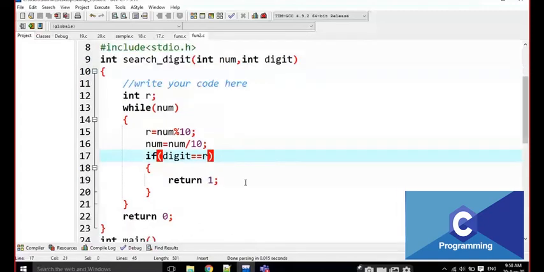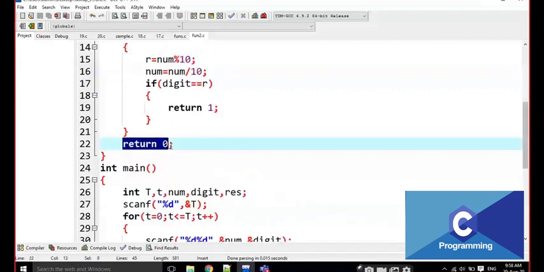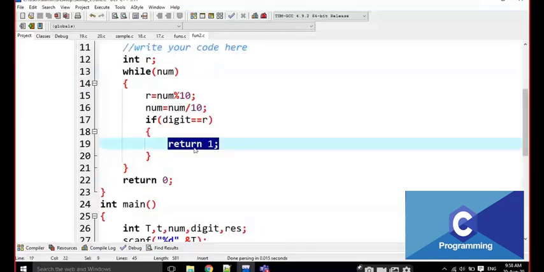Why am I returning 1? If it is returning 1, in the function definition, the control is directly going back to the main function, right? It never stays. For example, there is no need to check here. We have to write an if condition here. Why am I writing return 1 here? If I am returning anything, the control is automatically going back to the main function.